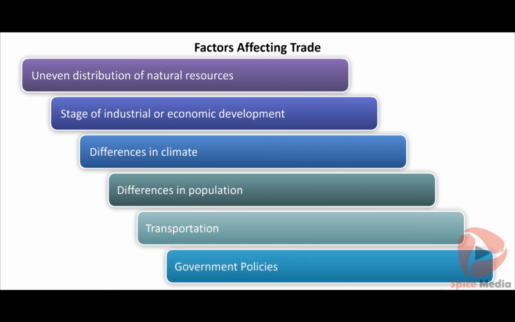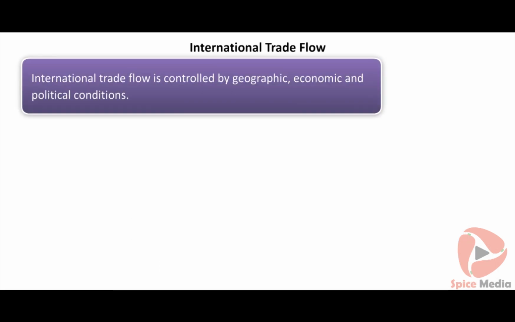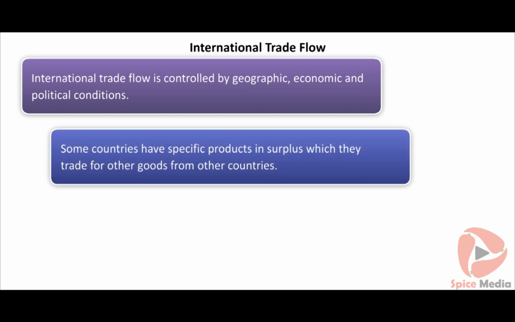Government policies. For healthy international trade to happen, the political relationship between the countries should be good. International trade flow is controlled by geographic, economic and political conditions. Some countries have specific products in surplus which they trade for other goods from other countries. For example, Middle East countries export oil, paper and wood pulp are exported from Canada and Sweden, and Malaysia exports